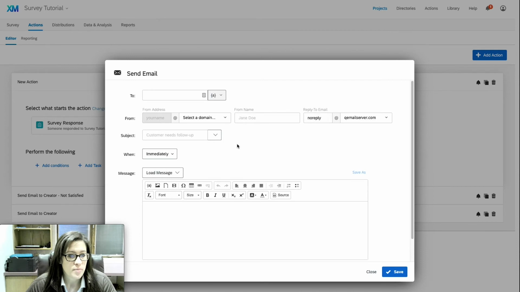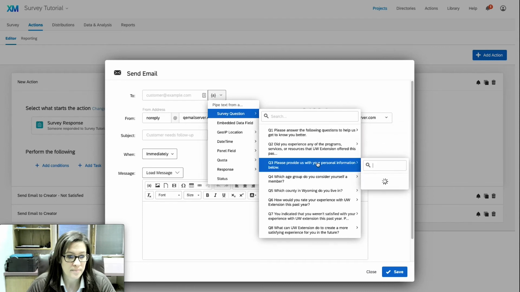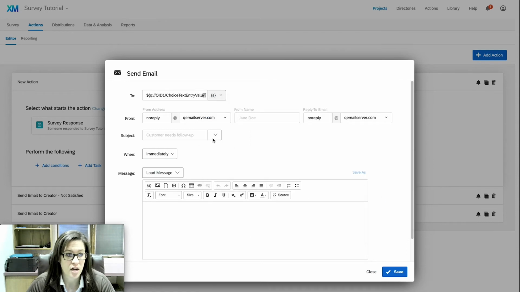Now, this is where it's a little bit different than the others. Before, I wanted an email sent to me based on what the respondents are doing. Now I want to send the respondent an email. So this is where it's very important that I create a question in my form that requires them to submit their email address, because now I can go to the piped section here and I can choose the survey question, which was question 3. And within that question, I ask them to provide their email address. All I have to do is click on that, and now it will send the email based on that address